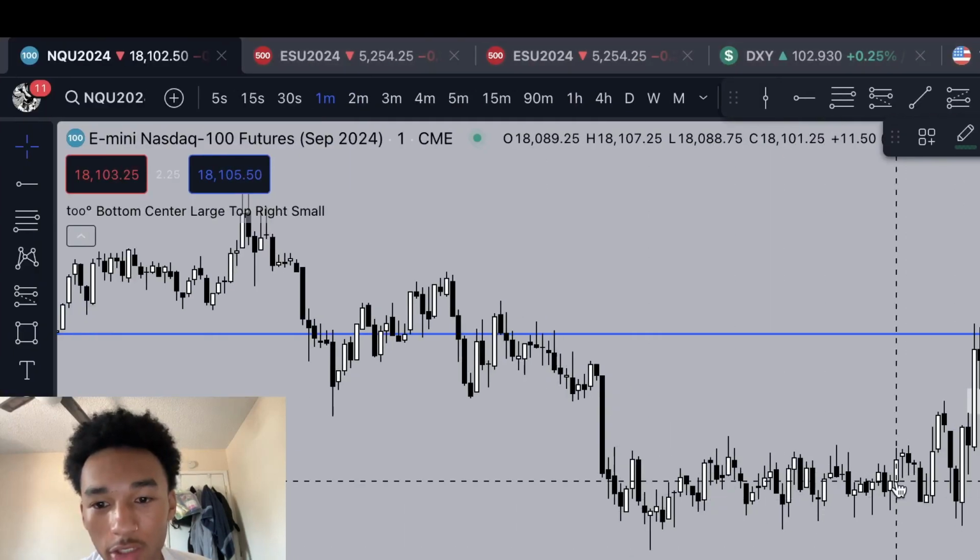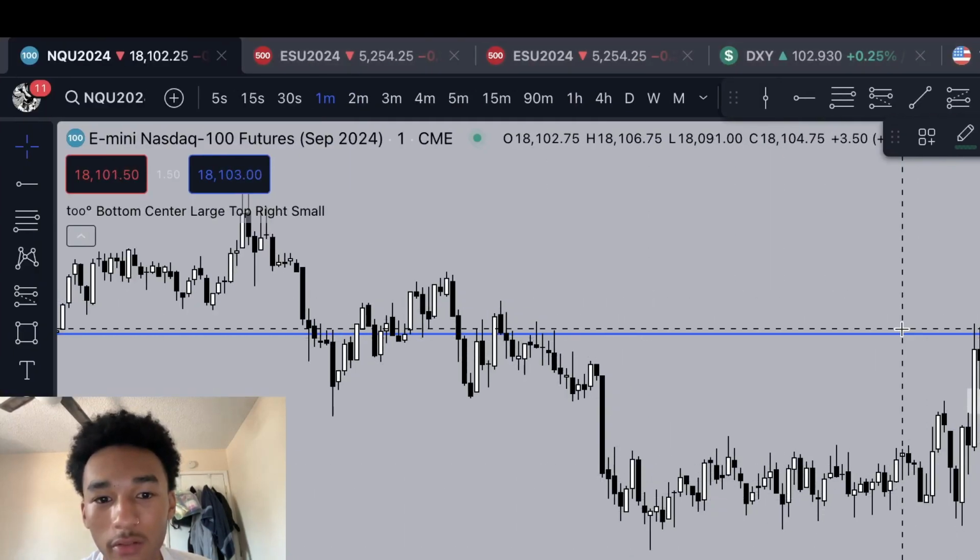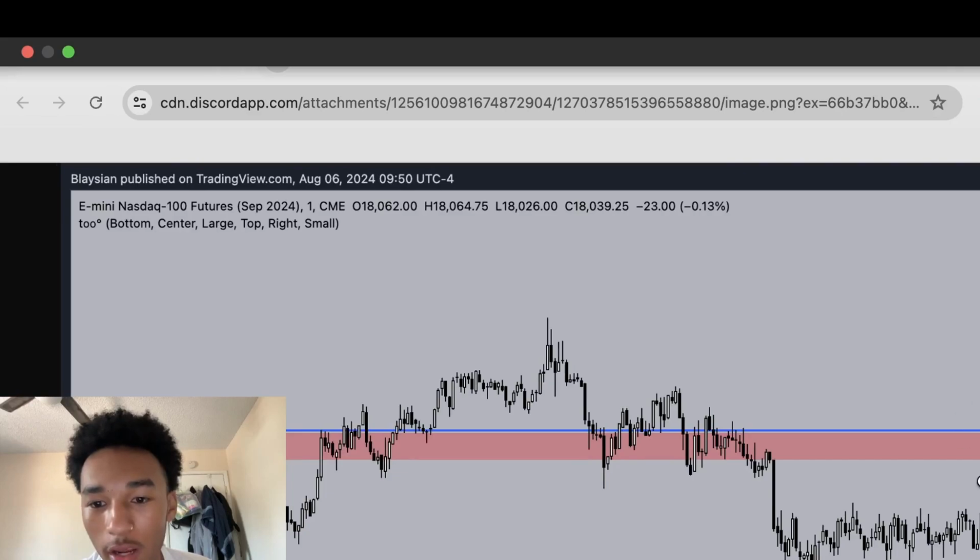You have the consolidation, you have the manipulation. It takes out the previous day's PM session high. There's your manipulation. So if your narrative is bearish, which it was because we were looking for the sell side to get taken, we could assume that the market should start seeing lower prices now after taking buy side, and